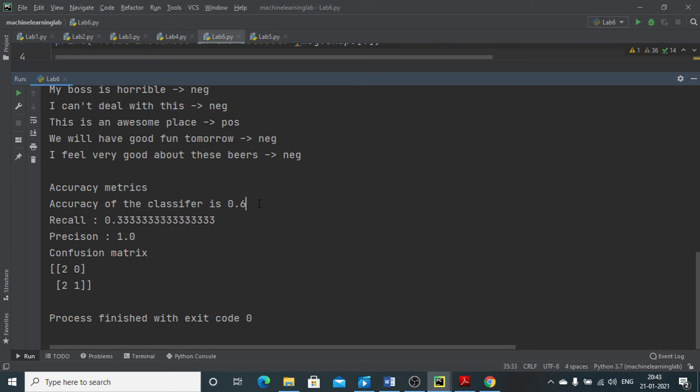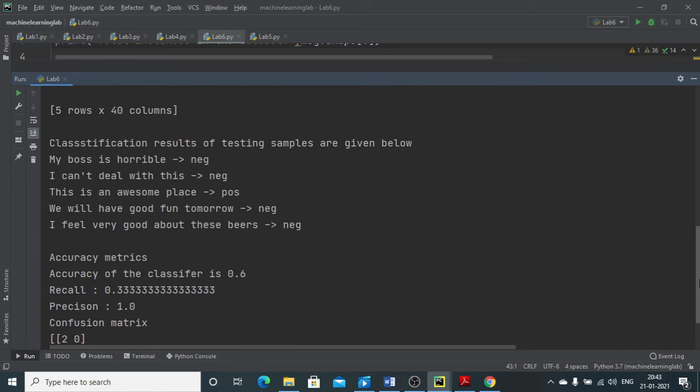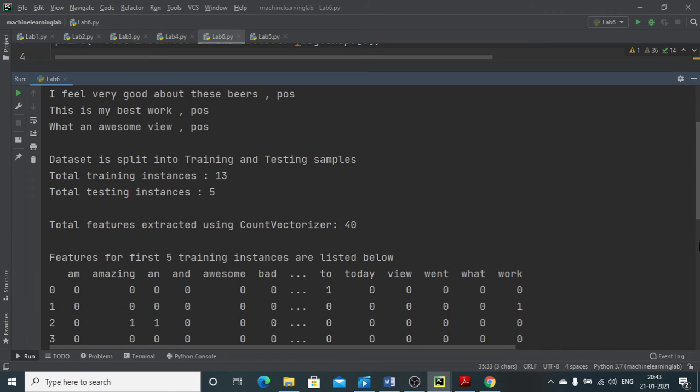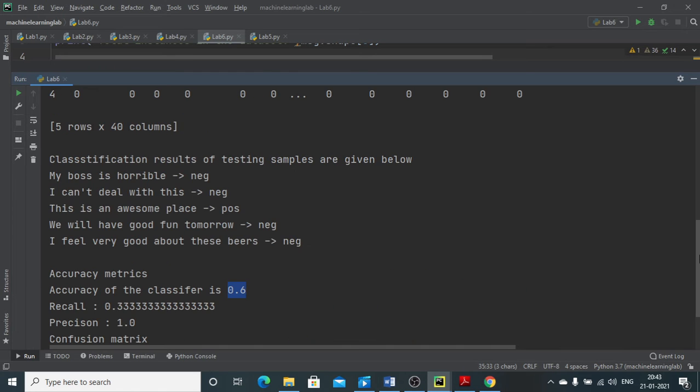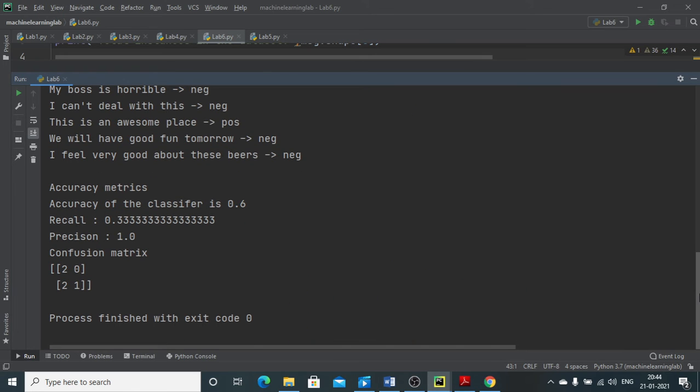The accuracy of the classifier is around 60 percent. The rest, 40 percent, is based on the data set we just checked. These two we got as negative instead of positive, so 40% got reduced. Out of the 5 we considered, these 3 we got accurate according to what we have tested. So that is how we got 60% as the result. Okay, so fine. This is regarding your Bayesian classifier, the Bayes classifier with text as input. So this is regarding lab 6.